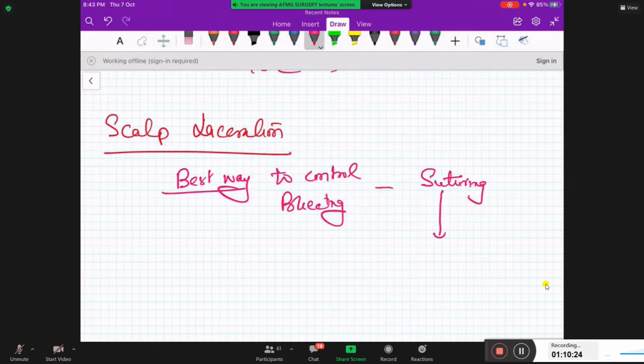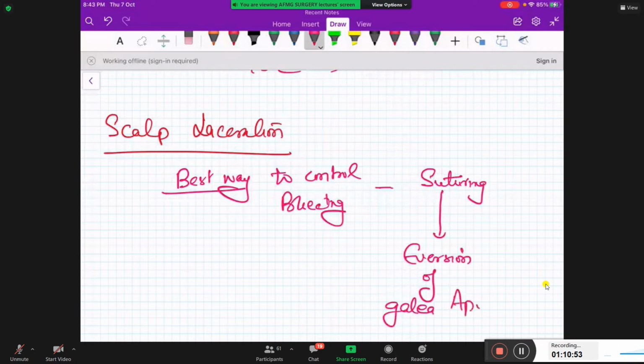ALP. What is ALP? Galea aponeurotica. Aponeurotica layer, loose areolar tissue, and periosteum. Right? So what we do, we hold the galea aponeurotica layer with artery forceps and evert it. So eversion of galea aponeurotica